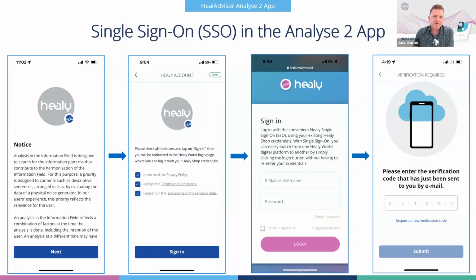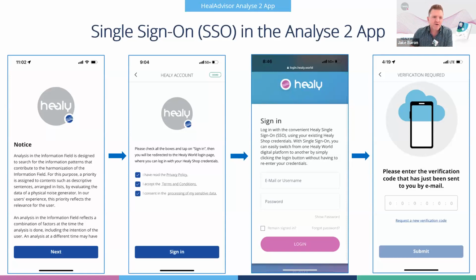It's the new single sign-on process for all of Healy that's being rolled out across all of our platforms, from back office to shop to academy, so that once you're logged into one of them, you don't have to keep logging in each time you want to access one of those different things. So it's convenient, but just keep that in mind. It looks a little bit different than what you might be used to in the past.